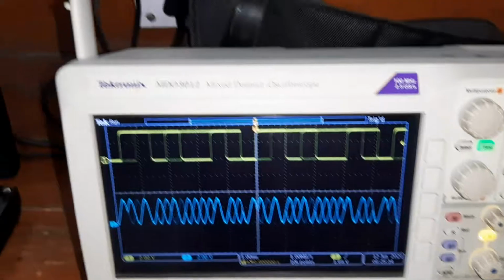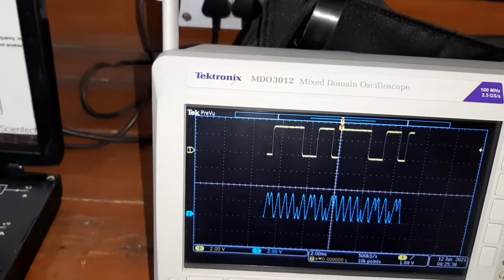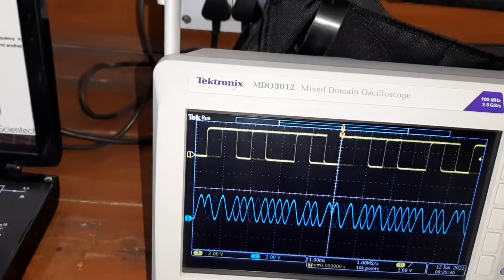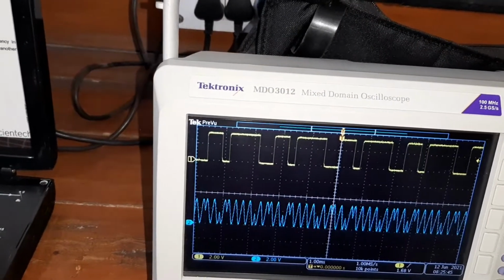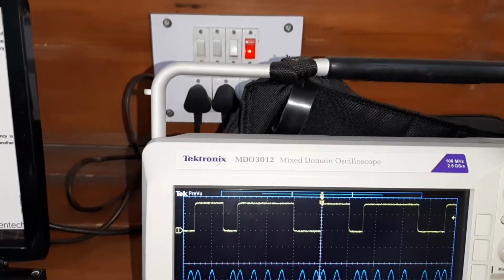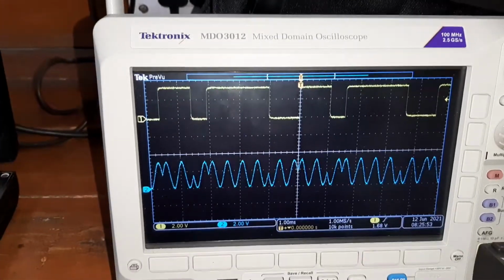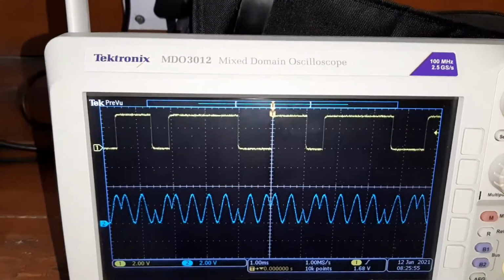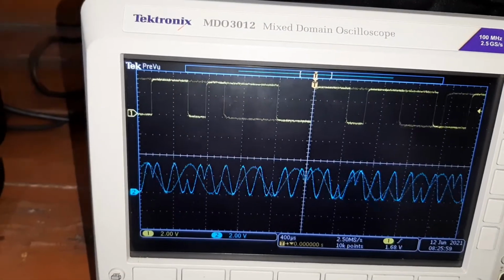Now you can observe the waveforms. You can stop the screen and zoom in, it will be more clear. So channel 1 shows the differential circuit output. Channel 2 shows the DBPSK modulator output. So this is the output of the DBPSK modulator. That concept you can also observe here.